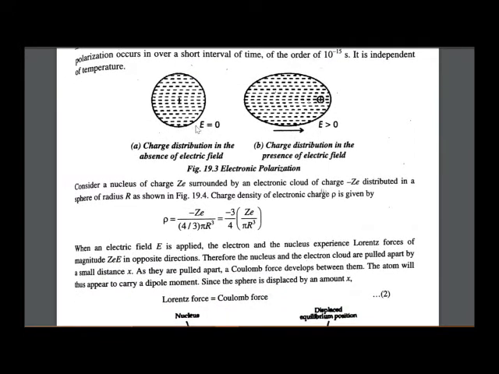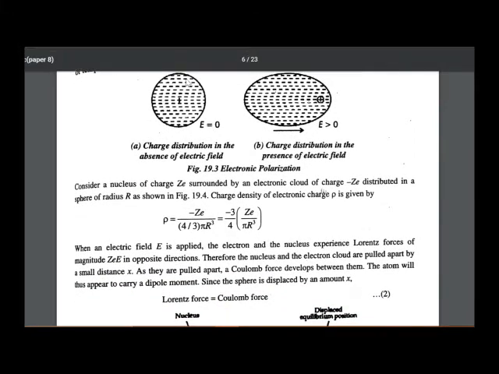Look at this figure. This is before applying the electric field. All these negative signs indicate electrons, and the nucleus is at the center, and this is a sphere of negative charges due to electrons. And once you apply an electric field, E greater than 0 means the electric field is applied. So all negative charges will move towards one side. Therefore, the sphere shape will be modified, and even the positively charged nucleus will move in the opposite direction to the other end. So this is how they exhibit dipole moment once the electric field is applied.